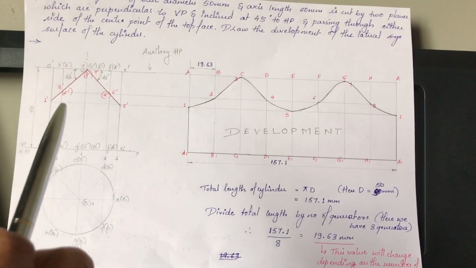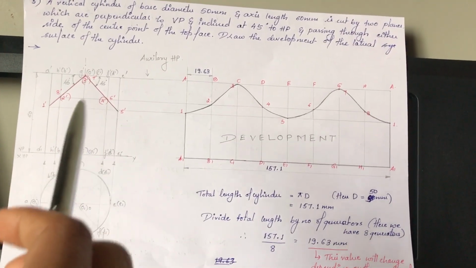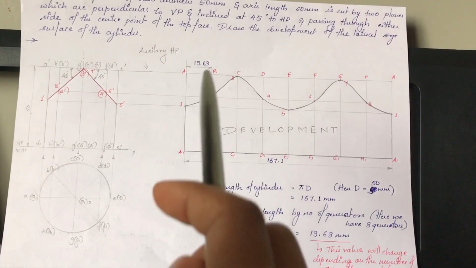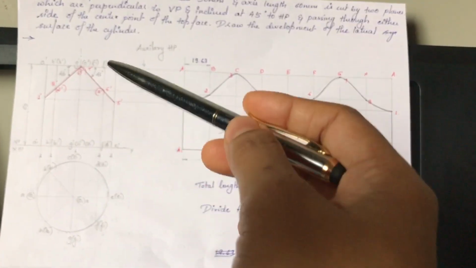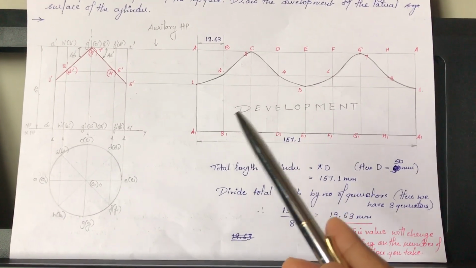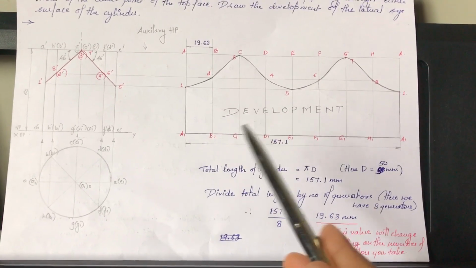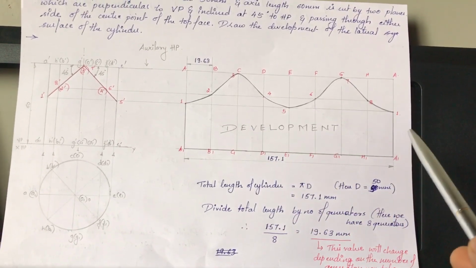Then go for the parallel line methods, where all these numbers that you have marked on all the edges should be projected to those respective edges that you see here. Now these are not the edges, these are the generator lines which are not actually a part of the cylinder. They are just used here for construction purpose. The more the generators, the better will be the curves that you get here.